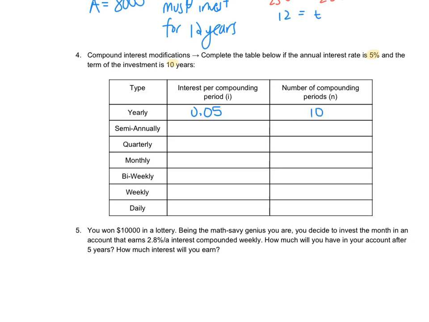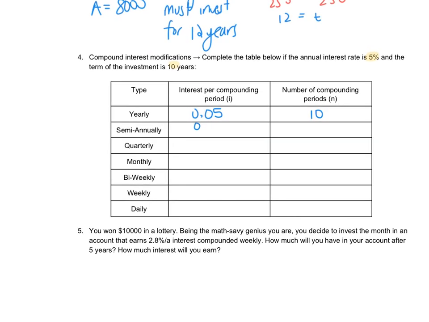But when we go to semi-annually, that 0.05 has to get cut in half, which you can leave as a fraction, or if you want to turn it into its decimal, if it's a nice decimal, you can. So that would be 0.025. And for the number of compounding periods, if it's twice a year for 10 years, then we're multiplying 10 times 2 to get 20. For quarterly,